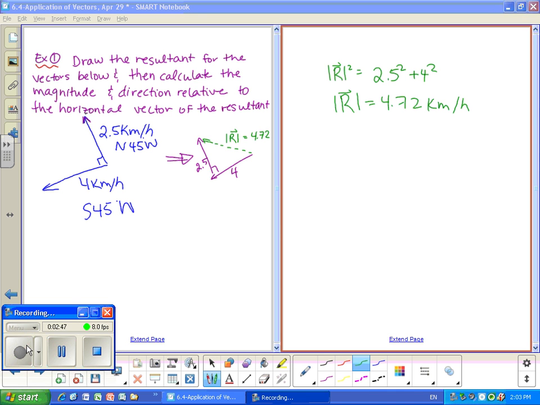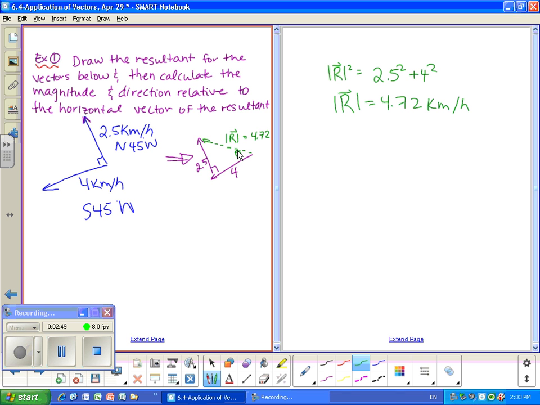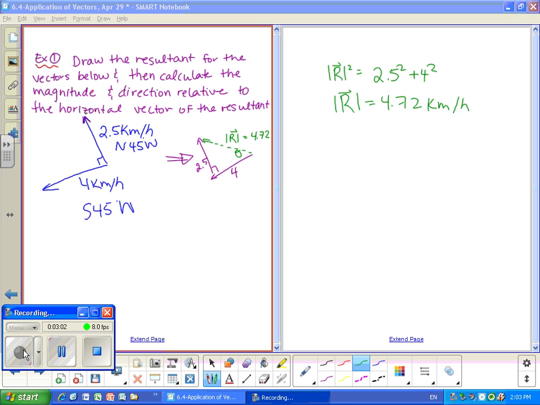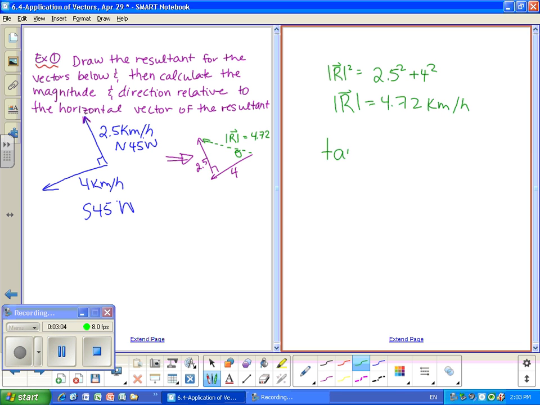Your direction is always going to come from the tail of your resultant, because you're trying to figure out where is that going. So this is our theta here, and we have to try and solve for that. What can we use to do that? That's good. So we'll use tan. So we're going to have tan theta equals opposite, which is 2.5, over adjacent, which is 4. And your theta is approximately,